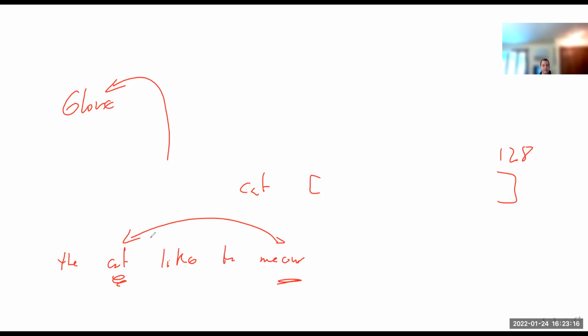You wouldn't say the cat likes to dance, right? That wouldn't jive that well. And so in a vector space of words, you're going to see that cat and meow are closer than cat and dance. Do you see this, guys?